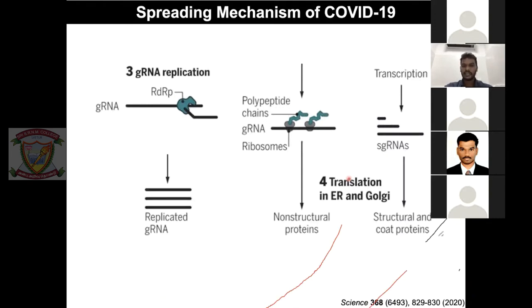Cool. So now I said the final translation process is happening. In the gene replication process, you produce a lot of mRNAs, and all these mRNAs are translated into non-structural proteins, structural coating proteins, and then many RNA. So now you have RNA, non-structural protein, and structural coat proteins. Structural proteins are basically membrane proteins, envelope proteins, and then lipid bilayers. Non-structural proteins will be inside, like nucleocapsid protein, and the envelope proteins and all these proteins. So now you have all the components you need for making one more virus.